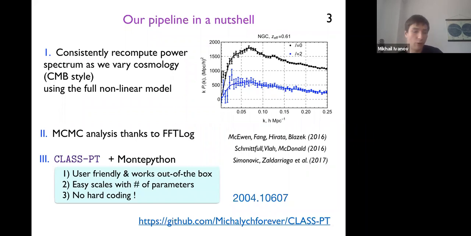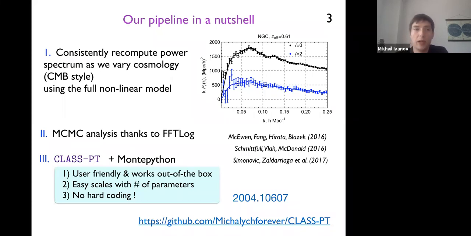All right, so there has been this progress in the effective field theory in other aspects. Now we have fully agreed how the nonlinear description should look like. Let's apply this to the actual data. Let's try to measure the cosmological parameters using this theory. And this took us the creation of a whole pipeline from scratch.